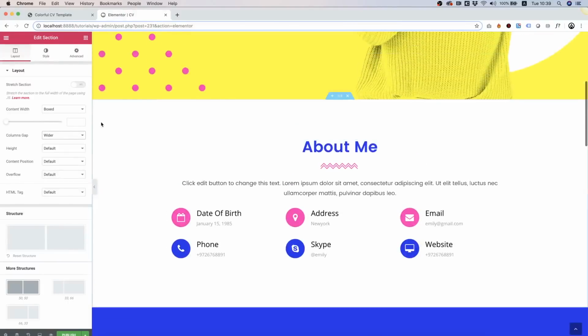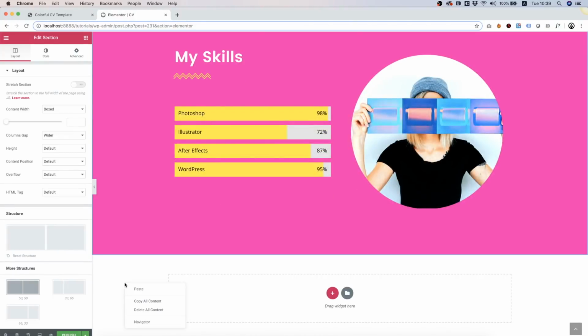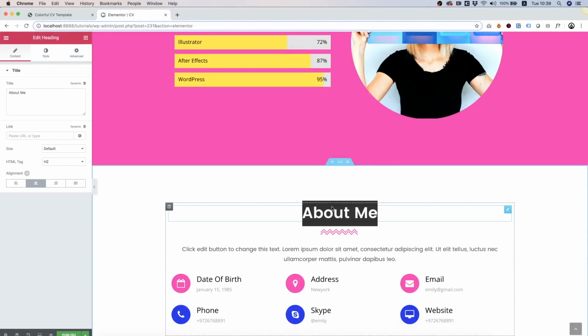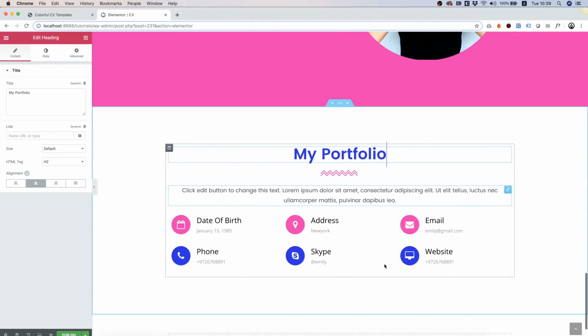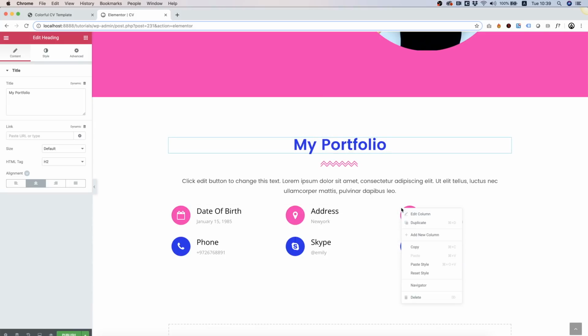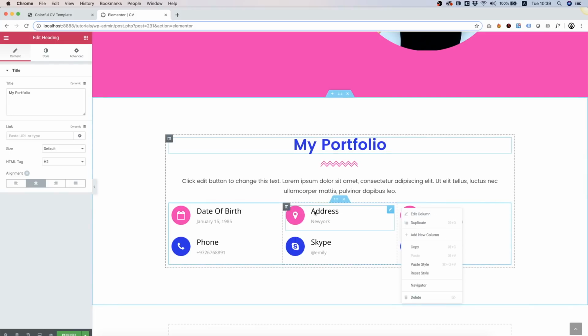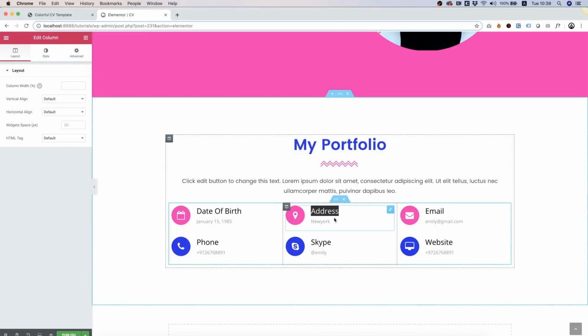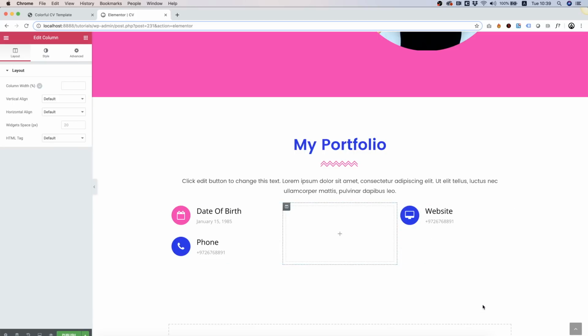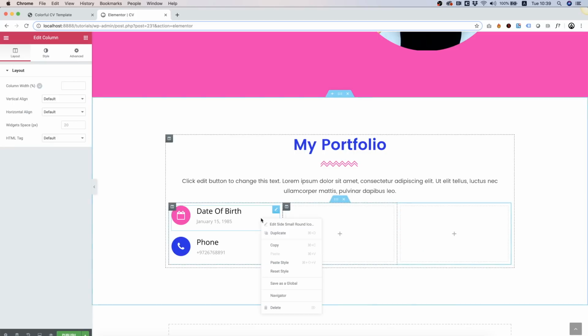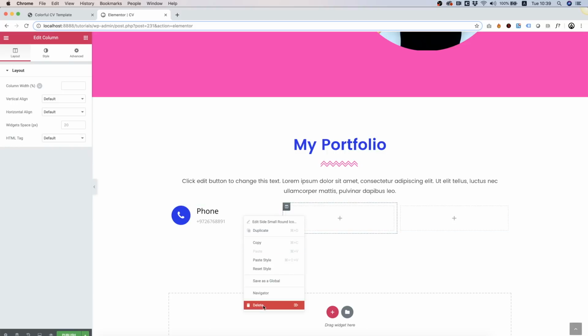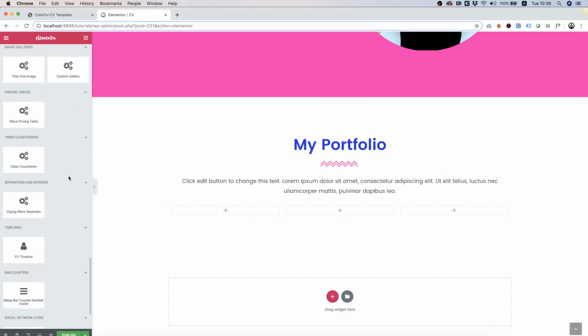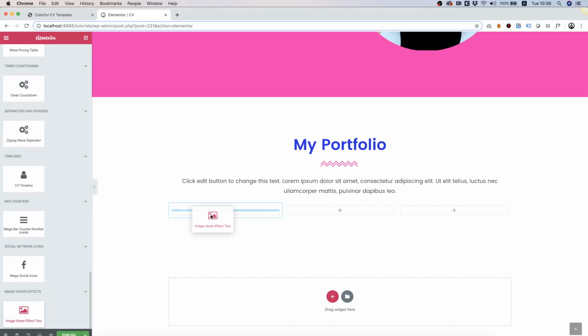For the portfolio section, let's duplicate this, copy and paste. Over here we can change the title to my portfolio, and I think I'm going to, let's do it like this. Okay, I want to leave the columns. Since I want my portfolio to be 3 columns, let's drag inside. I'm using a widget from Unlimited Elements,